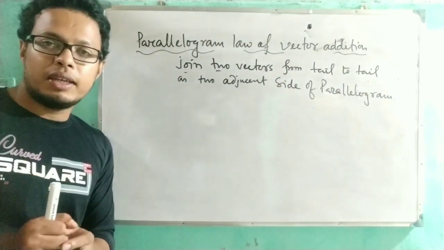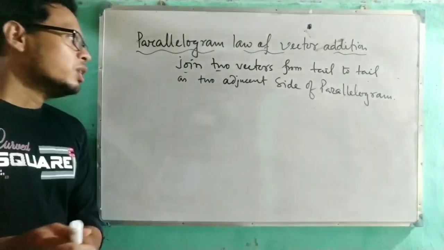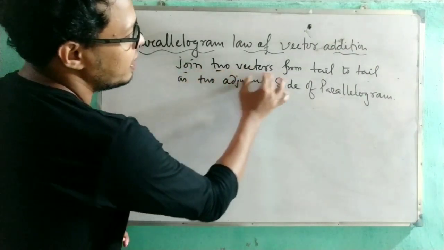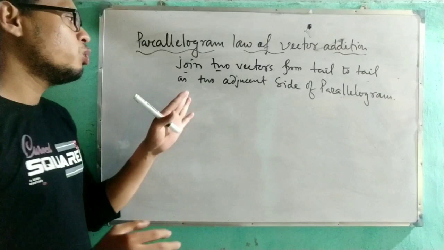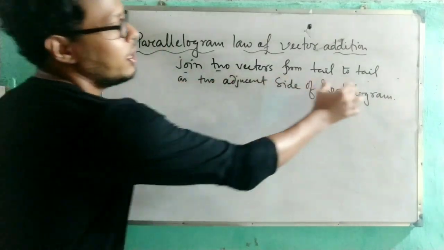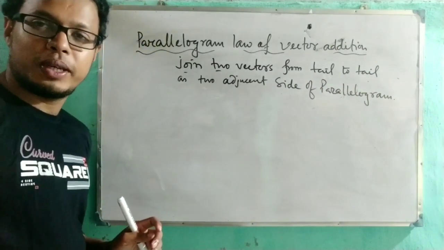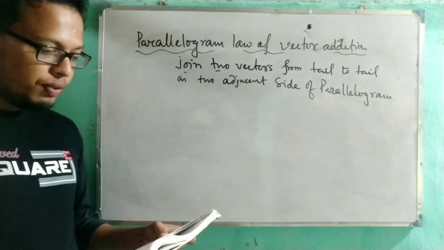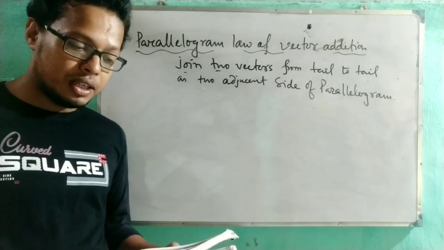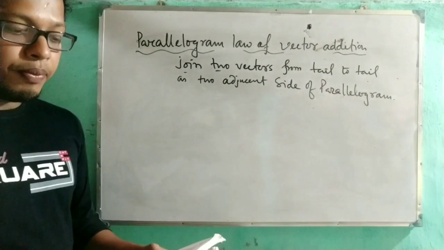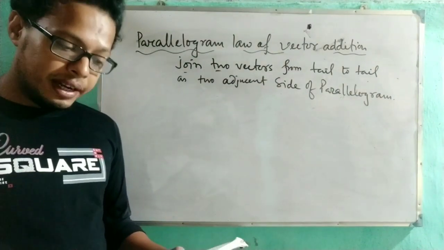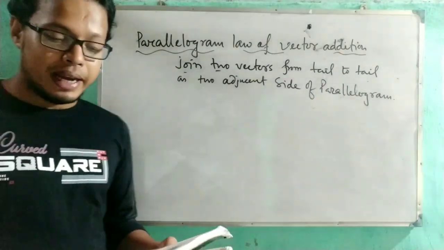Another method we will learn, which is the parallelogram law of vector addition, by which we can find out the resultant vector of the two vectors. Before that, remember: join two vectors from tail to tail. When you are applying the parallelogram law, check whether tail to tail are connected or not. Statement is, if two vectors are represented in magnitude and direction by two adjacent sides of the parallelogram drawn from a point,